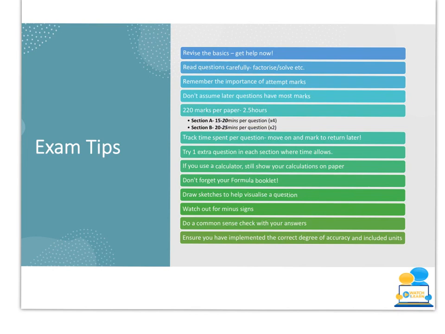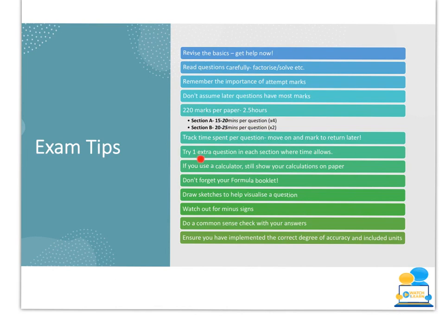But don't. Do your 4 questions, track your time, see how much time you've spent on it. Let's say you've done your section A's, your 4 questions, and you're at about the hour mark. You're on track. You go and do your 2 question B's. Hopefully you spend about 40 minutes on that, and then you'll be able to work out how much time you can spend. Again, try and track, as I've said already, and move on and mark to return to questions, because